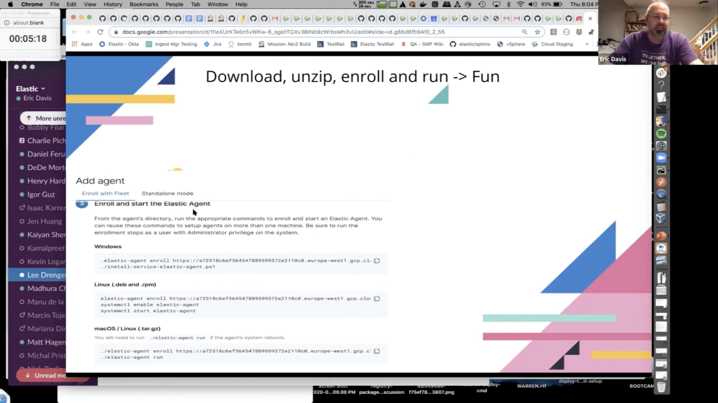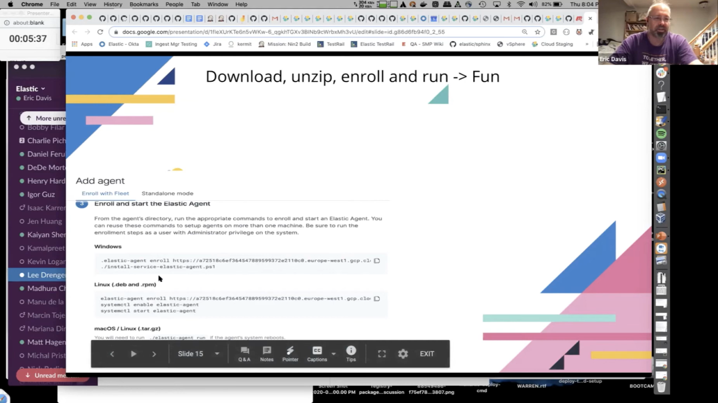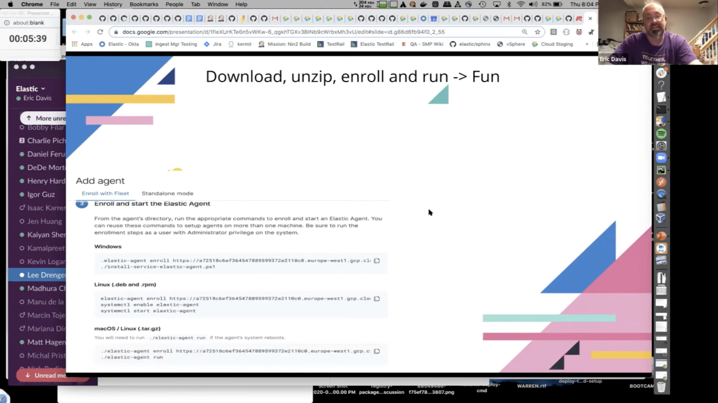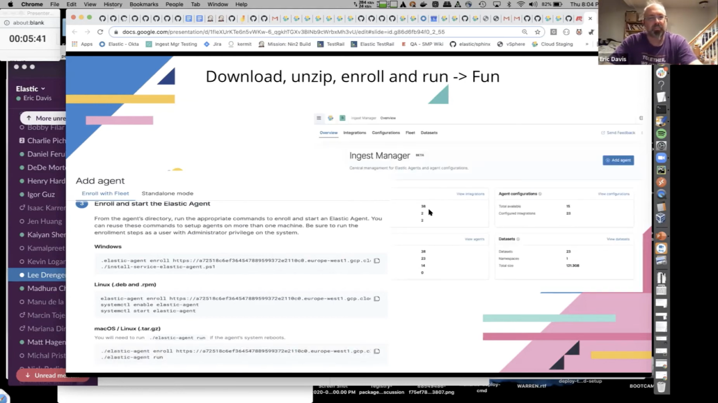So I've got a screenshot here of the steps in the Ingest Manager fleet project that say basically, you call your Elastic Agent, you give it an enroll command, and this is generated for you, thankfully. You don't have to write all this out, but you copy it to your host, and then you can either install the Windows service or you can run it on Linux or Mac, and it's just that easy. Once you do that,